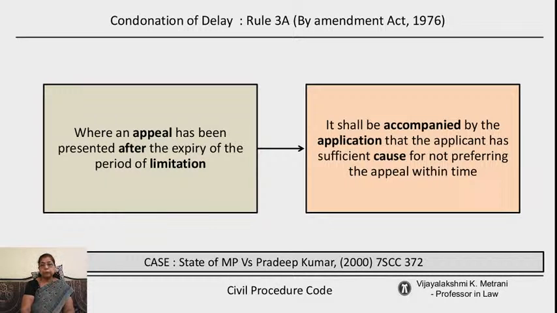But suppose in this case he does not file, but later on he comes to know when there is an objection, he files later on. The court rejects it. Then finally he comes before the Supreme Court. The Supreme Court says that on this technical matter, whether he has sufficient cause or not has to be looked into by the court. The court cannot outright reject without finding out what was the cause for not preferring the appeal within time.